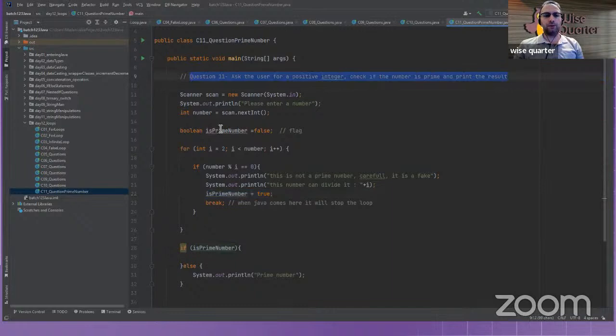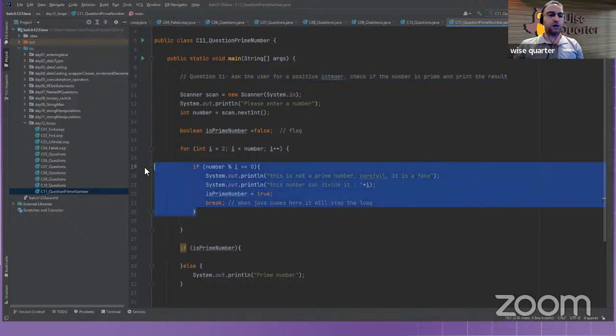Okay, prime number, I'm not going to explain this one either, because it's all about the logic. If you want to understand it, you should solve the question itself. But to remember what we have learned, I want to start